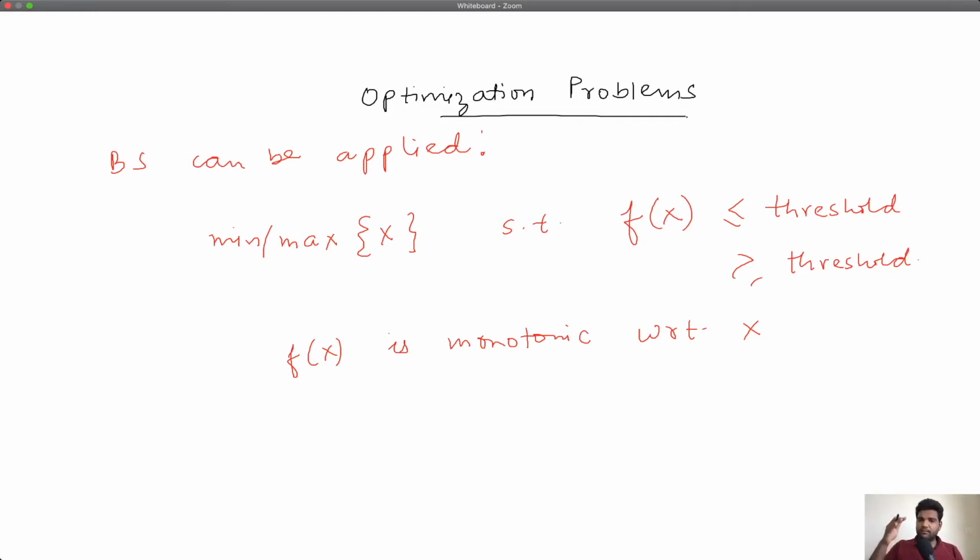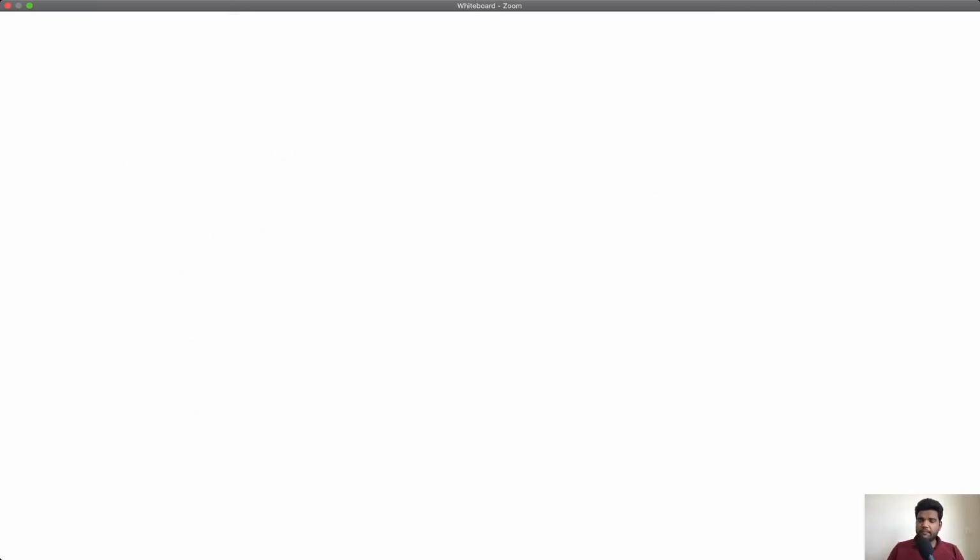And the behavior of F(X) is that it is monotonic, which is, it is either increasing or decreasing with respect to X. So we are now in a good position to understand why we can apply binary search on this specific nature of problem. Before that, let's quickly try and map out the two problems that we did to this pattern.